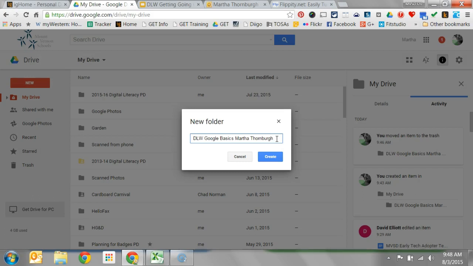So if my convention here is the title of the project or the paper or whatever you're working on, and then my name, and all of your students turn in their work that way, with their Revolutionary War research and then their name, then you can easily search for Revolutionary War research, and all of their folders or documents will show up in the same place. So having a naming convention is a good thing. So I'm going to click Create,